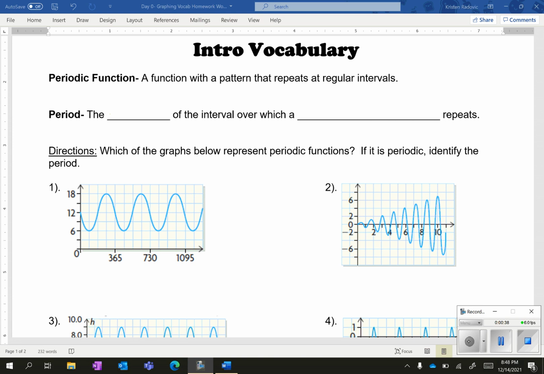Now the period is the length of the interval over which a periodic function repeats. Just like each hour is 60 minutes, that would be the period. So now looking at these